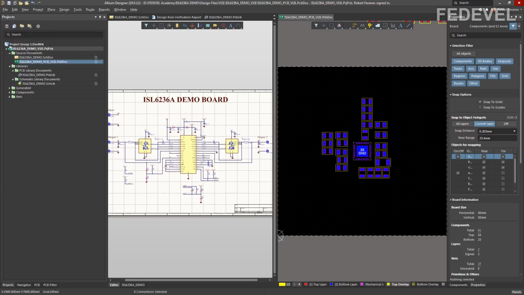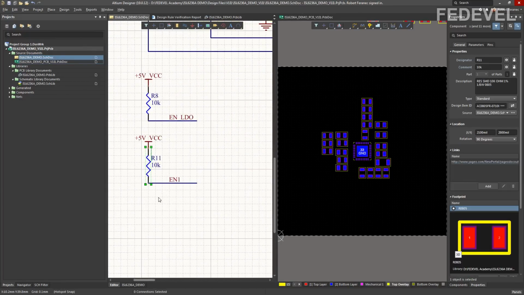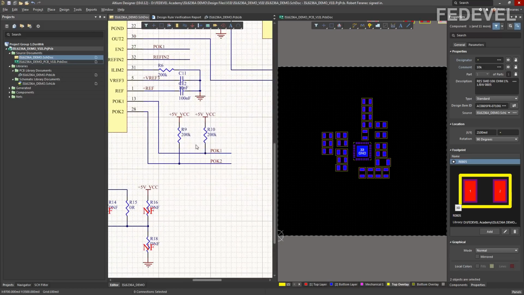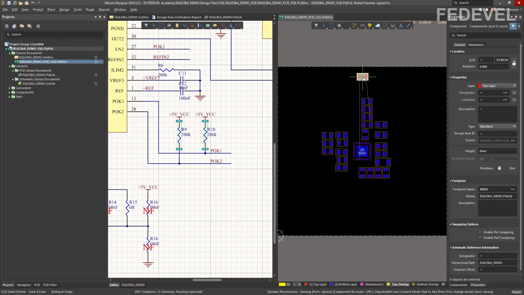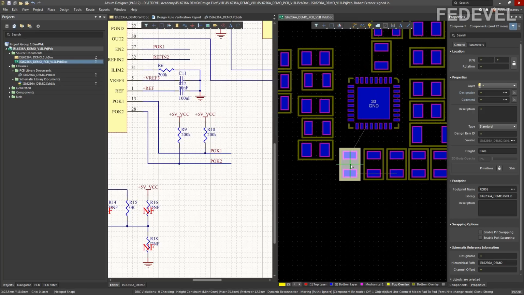We can place the pull-up resistors. Zoom in, left click, press shift, hold it down, left click, and also select this. So shift, hold it down, left click, reposition selected components, press L. Okay, place it down here.